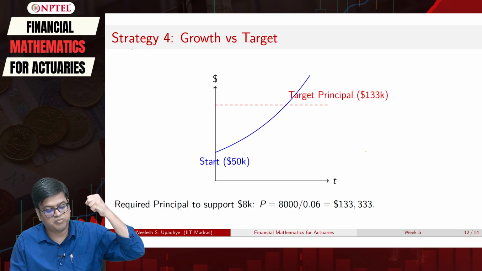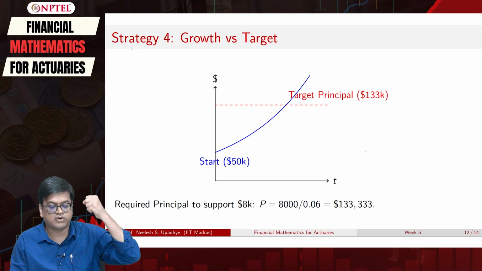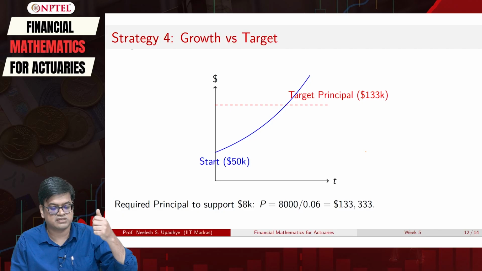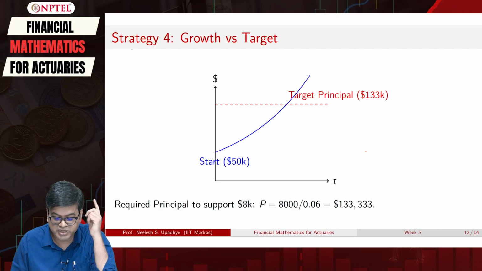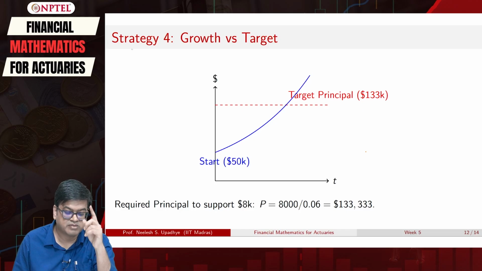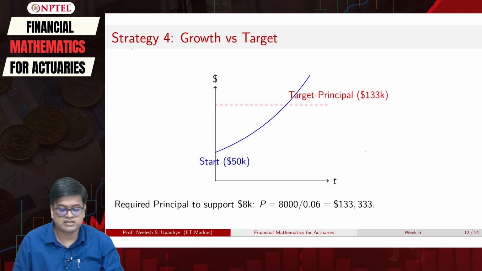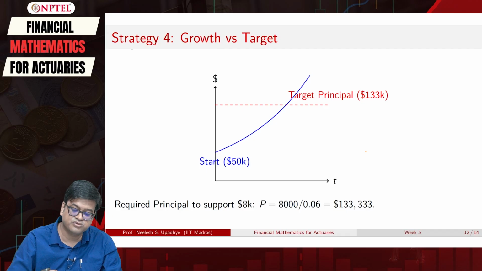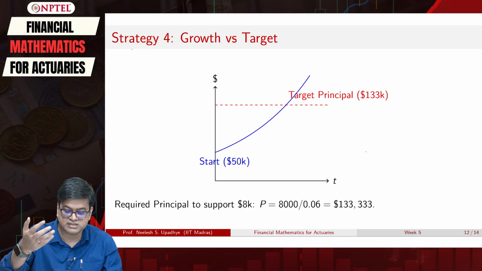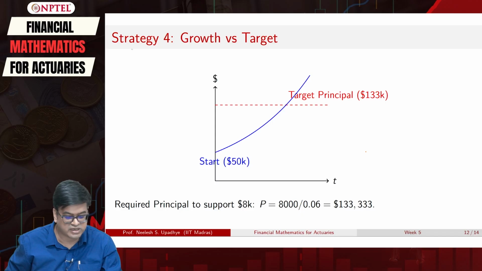So it's 1 by i, right. So 1 by i is 1 by 0.06, and I will multiply that number with 8,000. That gives me a number which is my target, 1,33,333. That is my target principal. That's the golden goose that I need to fund. So I will go ahead and set that target. Now I need to check whatever 50K I have invested, I am asking for this money to do more than 2x, right, more than double. So 133K it has to become.